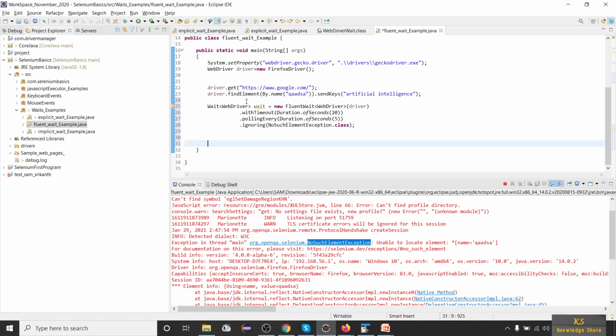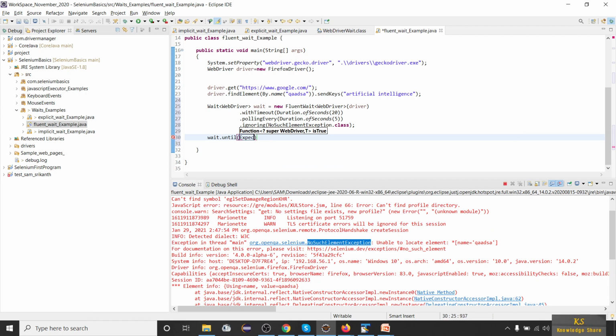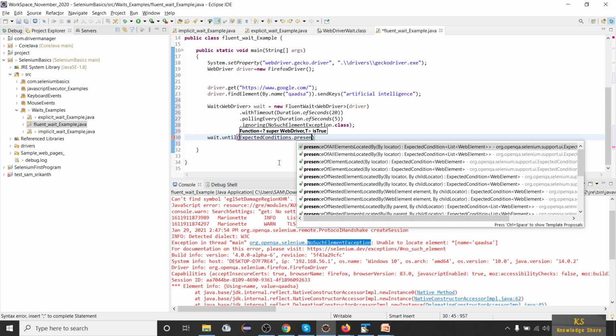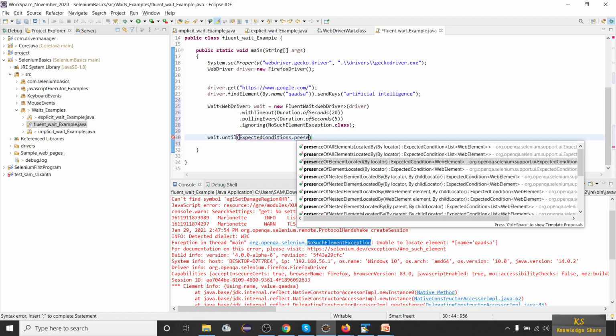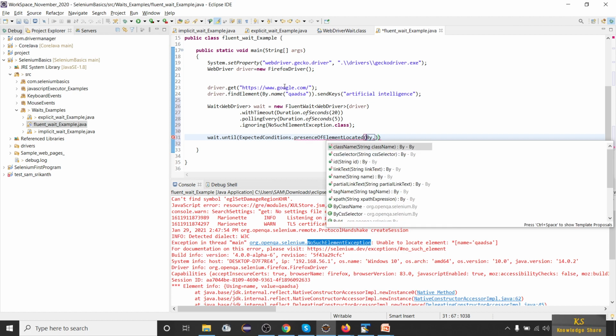Okay, so now we already have a wait instance created. So let's use that, wait dot until, expected conditions dot presence of element located. I'll be using dot presence of element located by dot. I'm using the name, right?